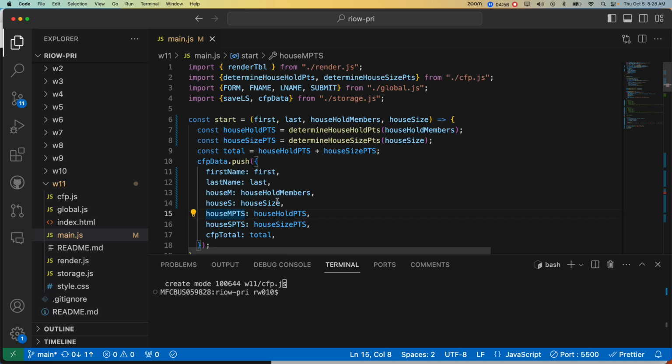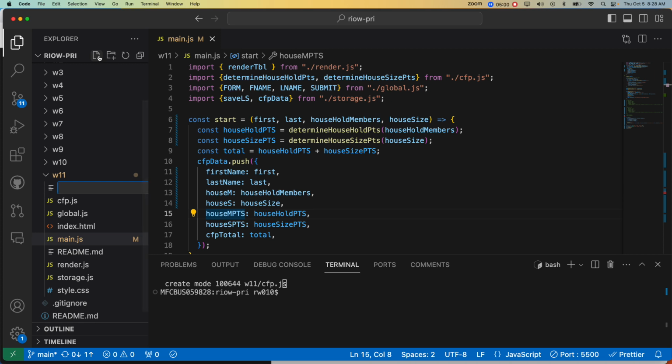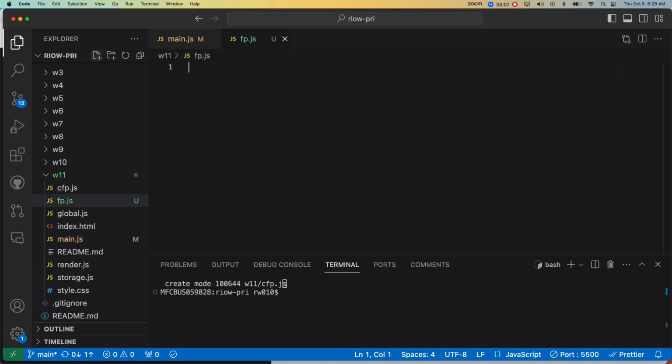Okay, so here's how I would start this, so follow along. Let's create a file, and I'm going to call this one fp.js. Okay, so footprint. And one of the things you're going to hear me talk about as we do this work is